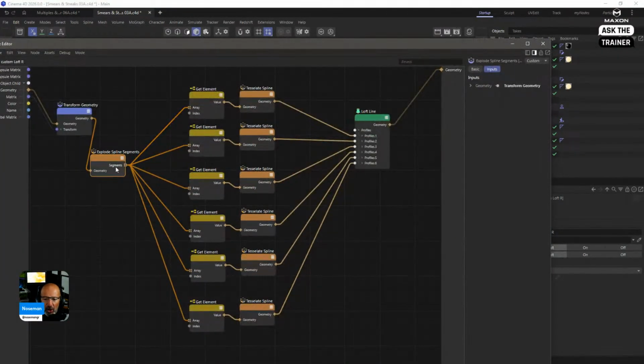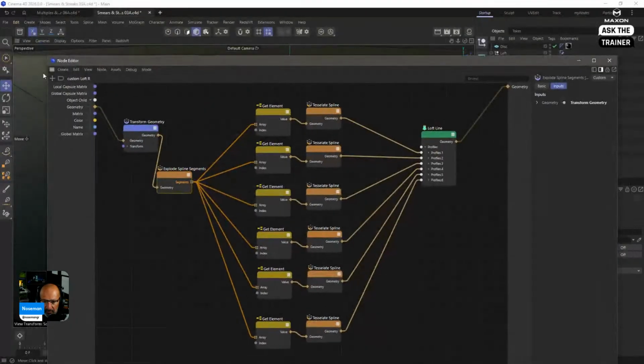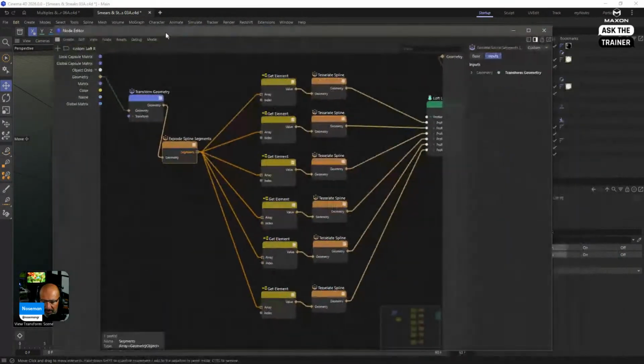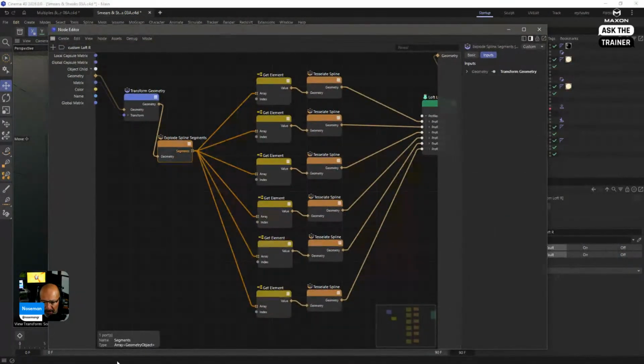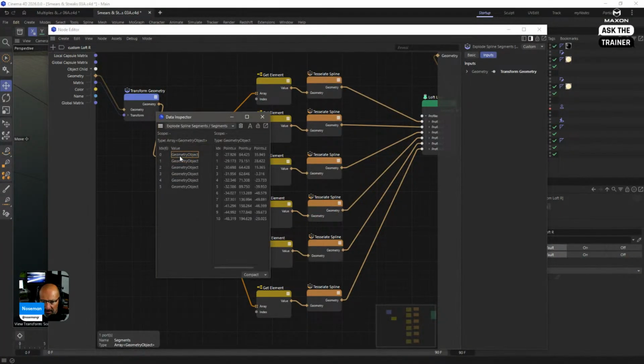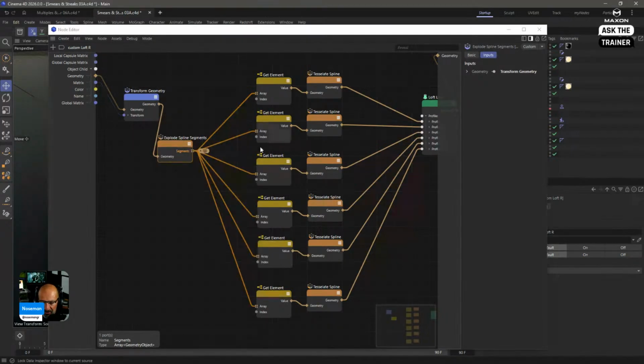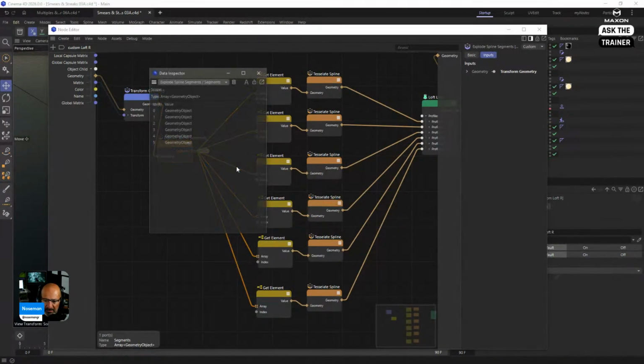And I'm getting an array of geometries. That's just the terminology you need to learn. An array is a little package that has many geometries: 1, 2, 3, 4, 5. And you can see it if you go here and say data inspector. Here's one spline, the other spline, the other one, and so forth. Okay, just in numbers. Just try and see it as the matrix, right?